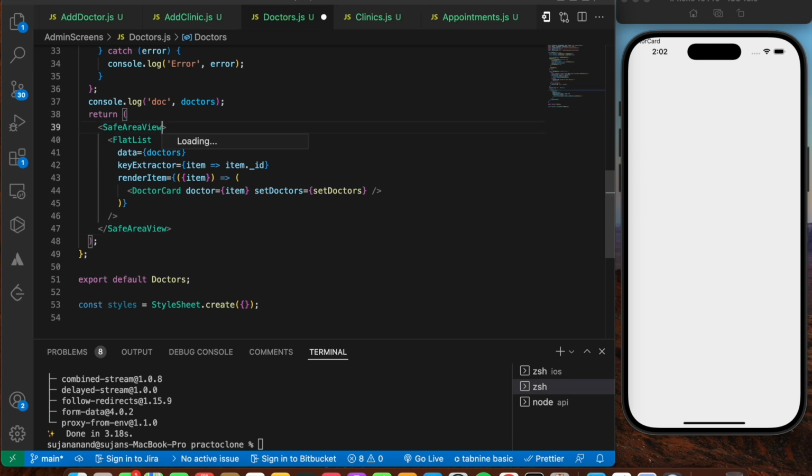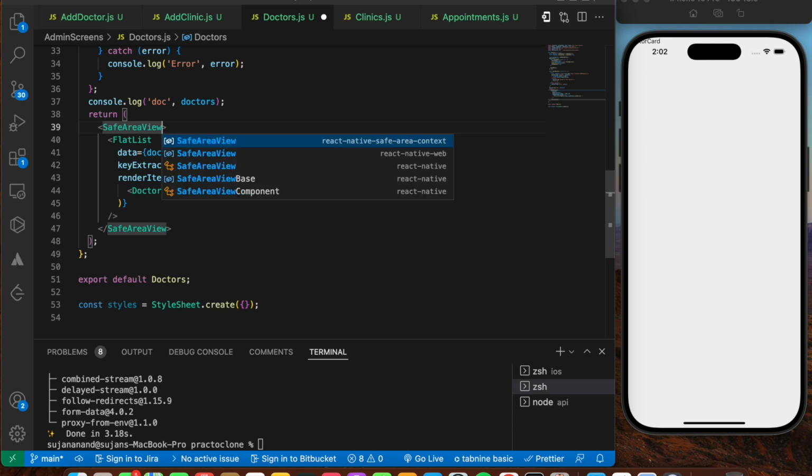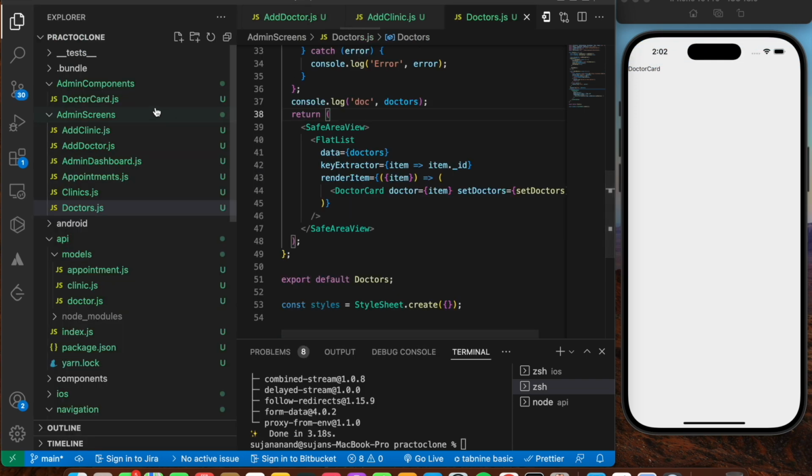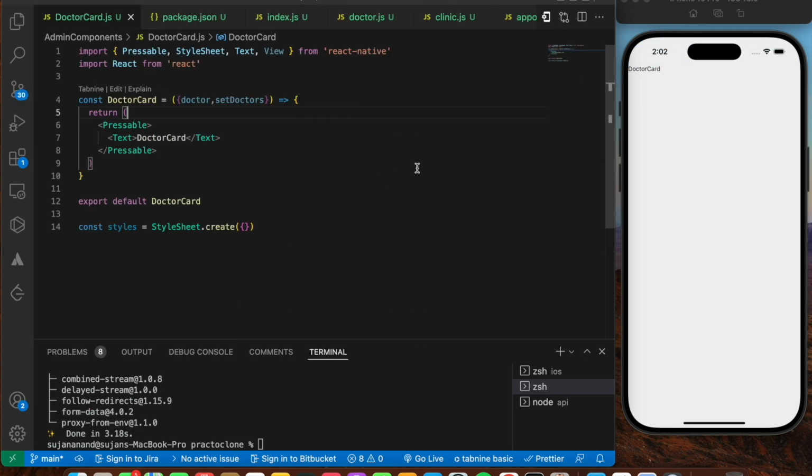So import that from your React Native as such. So let's come back to your doctor card.js. So within your pressable, we're going to have initially your doctor image. So let's initialize image over here,